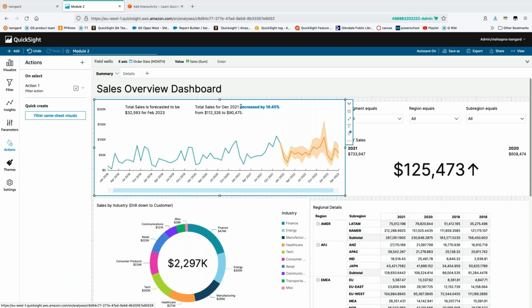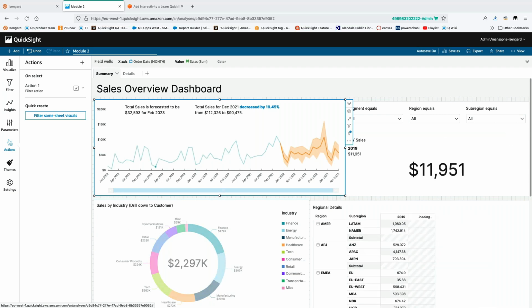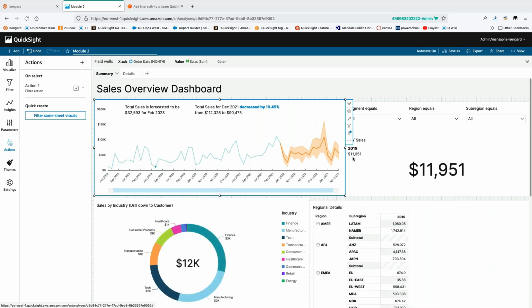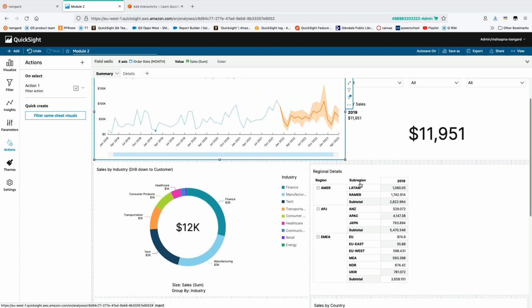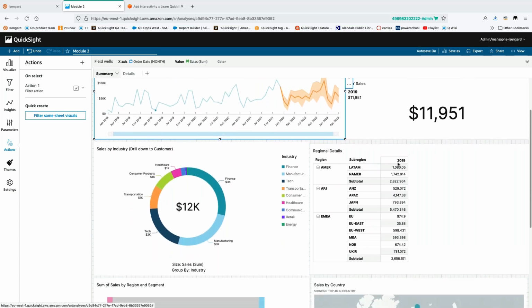So now this will not change. This will give you the total sales for December. This will give you the forecast. This is not going to see the action filter effect. Everything else changes. So let's see what happened in February 2019. The sales were merely 11,000 for February, and these were the sales by the various subregions,